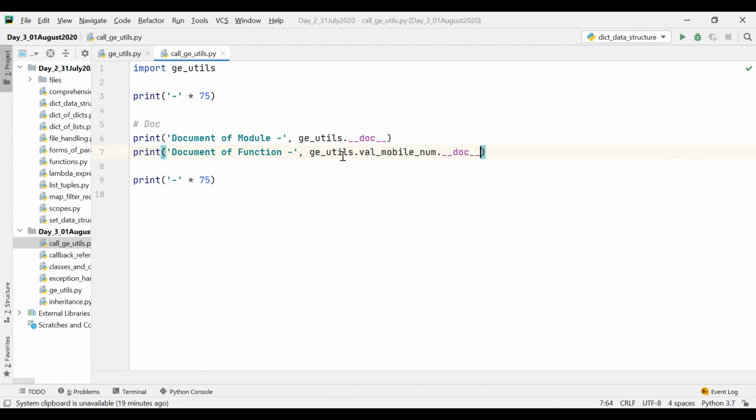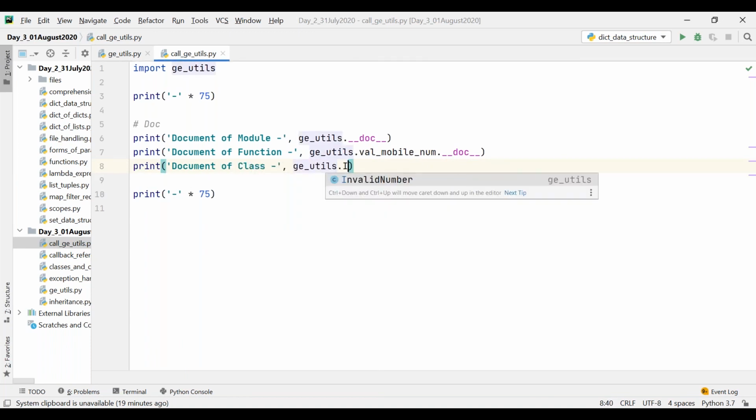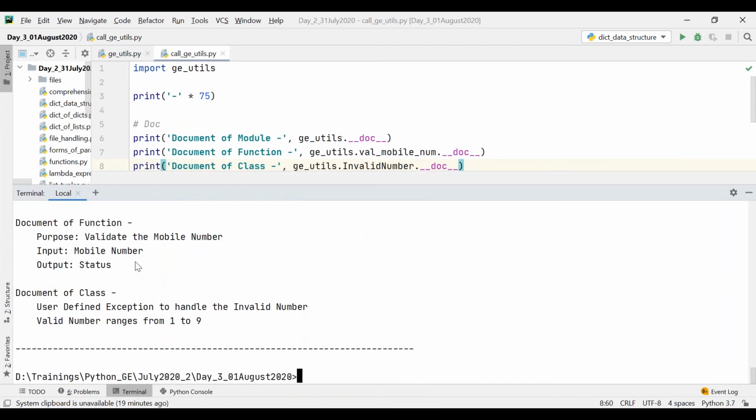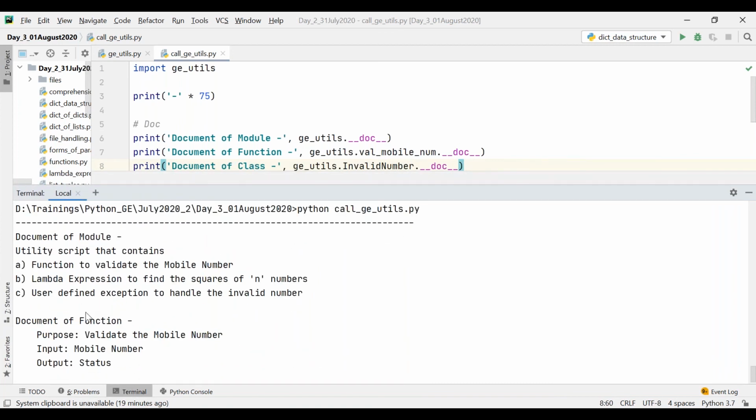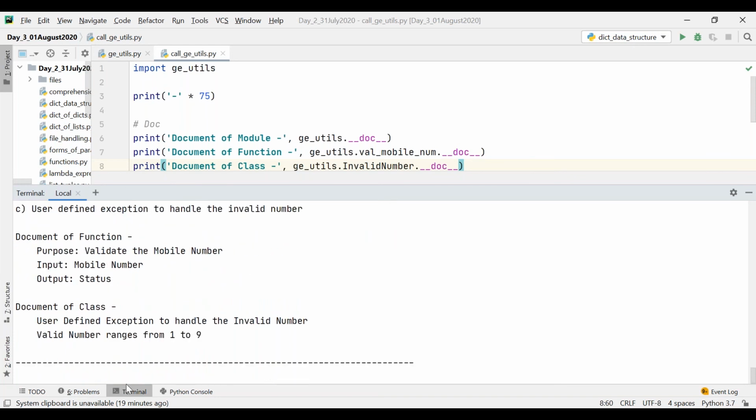That is script name, function name, and then __doc__. Similarly, for the documentation of a class, I can access file name, class name, and then __doc__. So now you can see all the documentation one by one: document of module, document of function, and document of class.